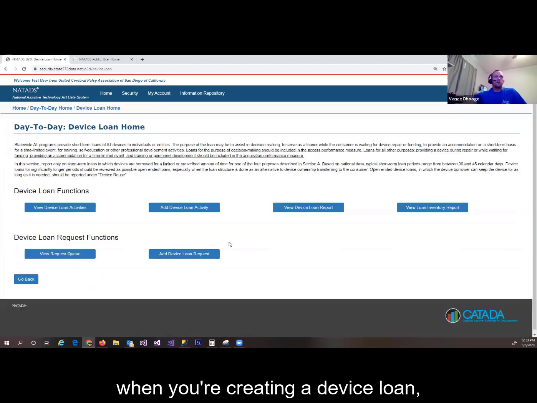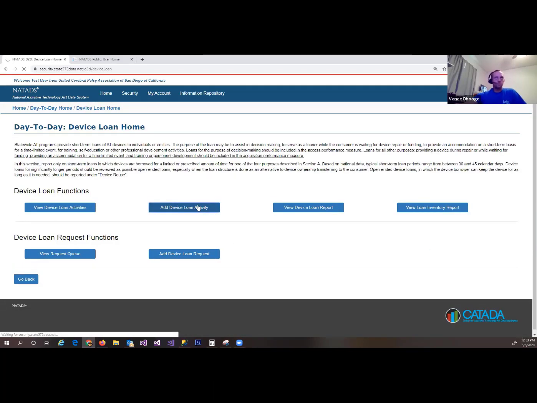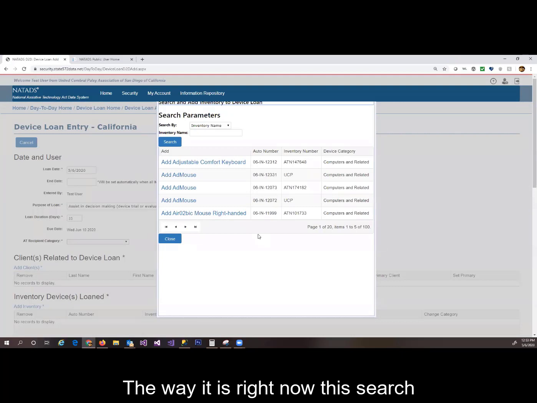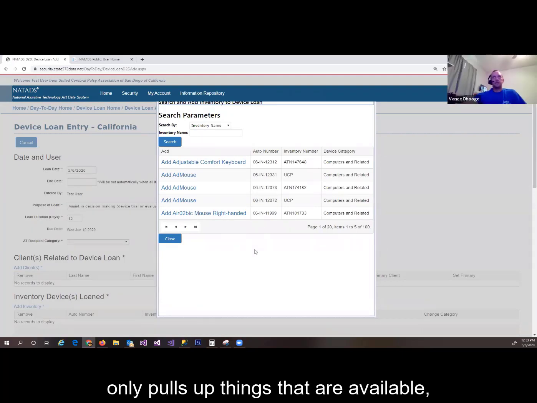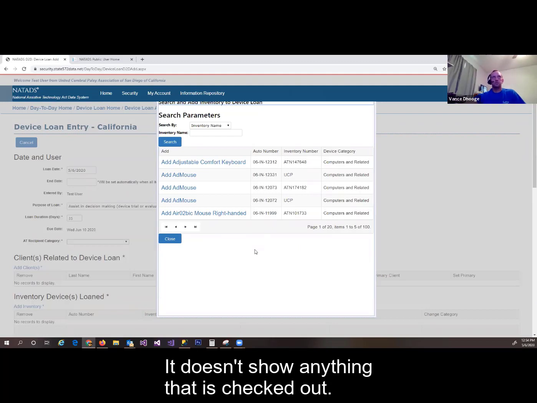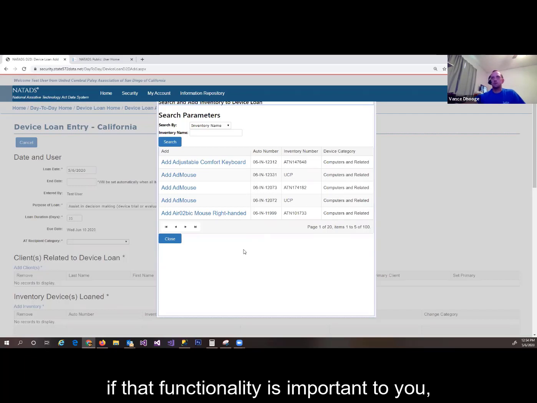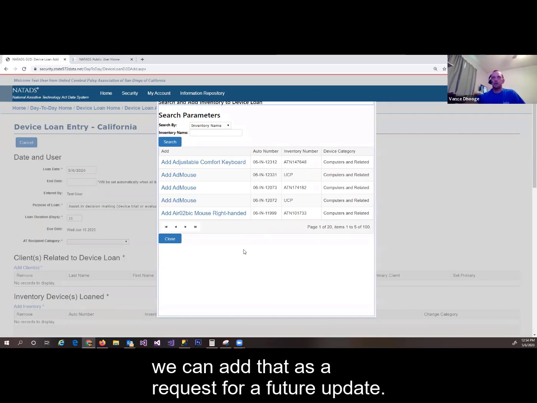So you're talking about when you're creating a device loan, and you go to search for something. The way it is right now, this search only pulls up things that are available, that are not checked out. It doesn't show anything that is checked out. So, I mean, it is possible, if that functionality is important to you, or we can add that as a request